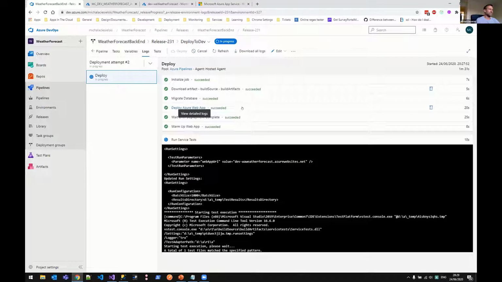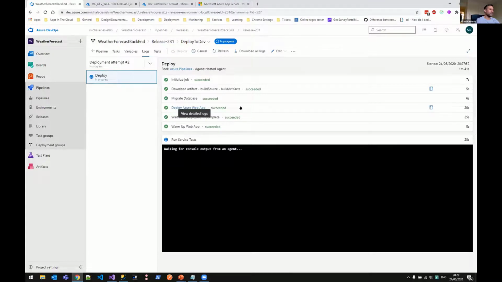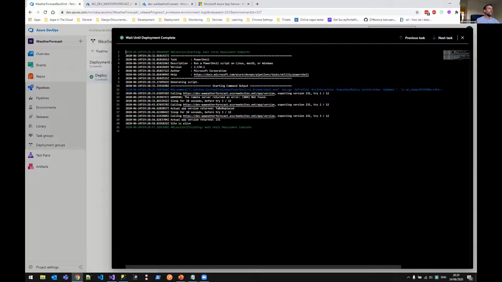It hasn't even been warmed up. It's not ready to even be warmed up. So there are certain things that Azure does magically under the hood, and I just wanted these things to be complete after the deployment. So what I'm doing here is a very simple script that is querying my